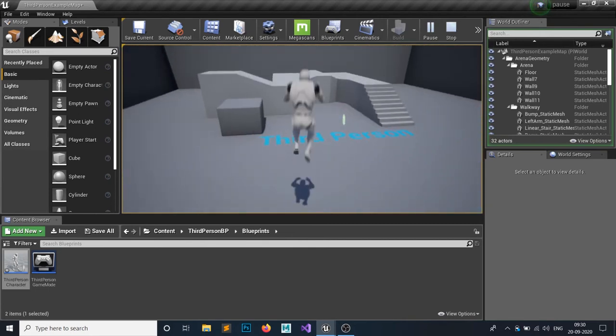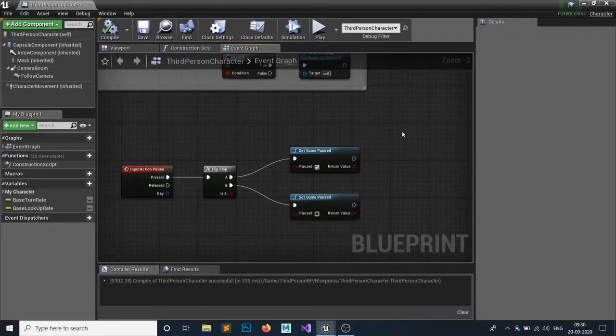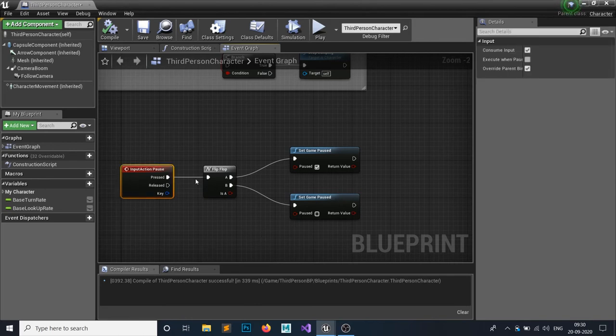You can see our game is paused. But when our game is paused, if I hit Tab, nothing is happening. The game is not responding to unpause. So what is the problem? In Unreal Engine, when your game is paused, you can't unpause the game because all the input keys, the action mappings, are now paused and aren't responding to your keyboard. The input mappings are not listening to your keyboard inputs.